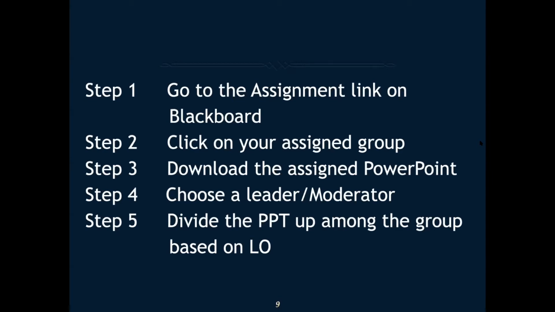It's probably best to do it by learning objectives, not by how many slides the individual is going to be working with, because some people will add more slides into their PowerPoint and some people might have fewer. So we're not counting slides. I have had presentations where people had 99 slides. We're not counting slides. We're counting how effective you are in getting the information across to the class. So it's best to divide it by the learning objectives, so now each person is working on a particular learning objective.